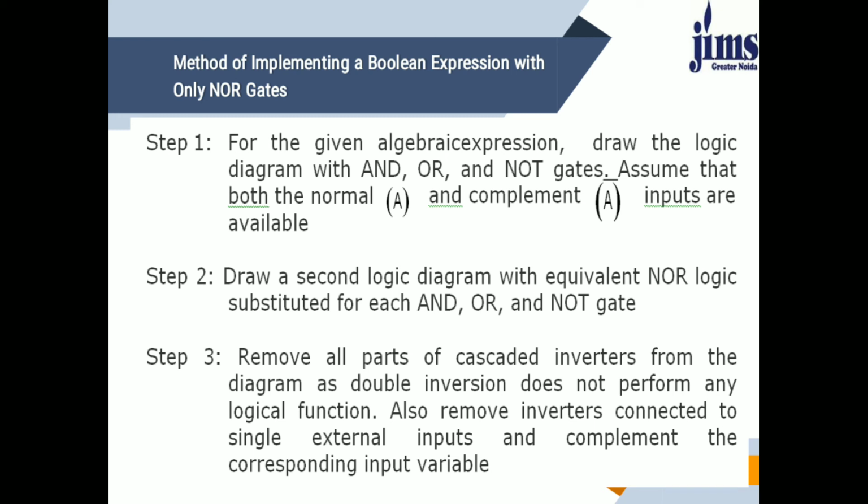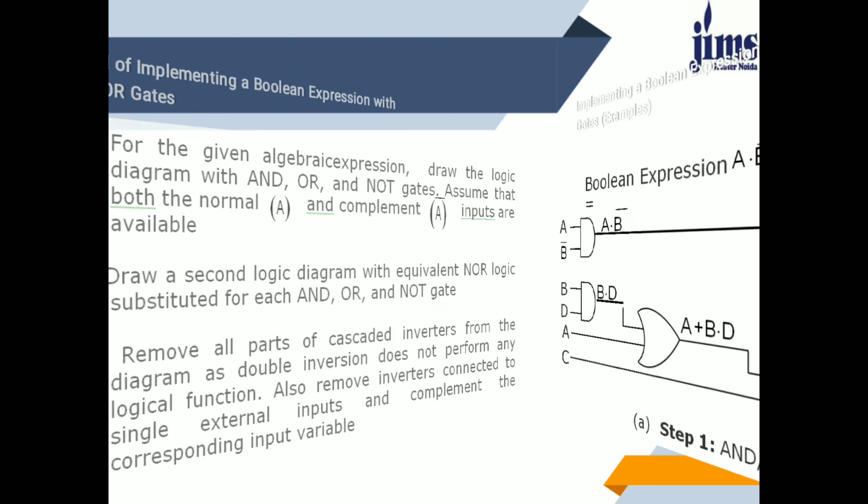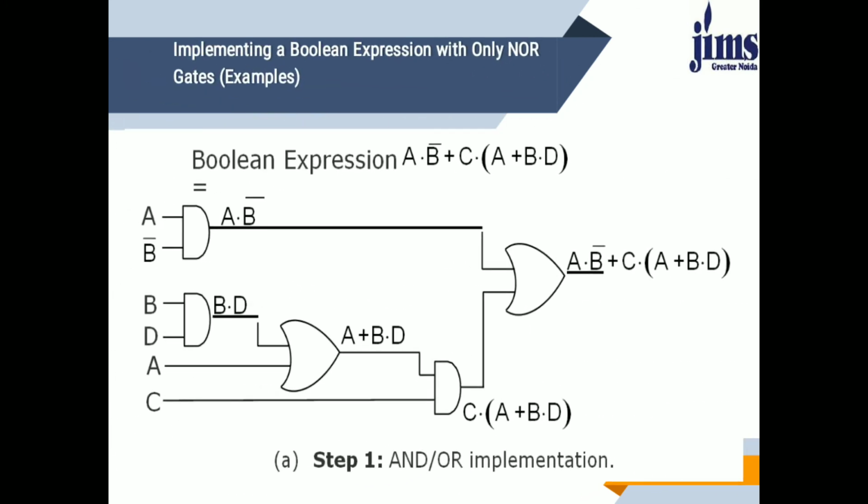Now step 3 is just to remove all the parts of cascaded inverters from the diagram, as double inversion doesn't perform any logic function. Also remove inverters connected to single external inputs and complement the corresponding input variable. See, here is the example. I need to implement a Boolean expression with only NOR gates. So here is the Boolean expression A dot B bar plus C